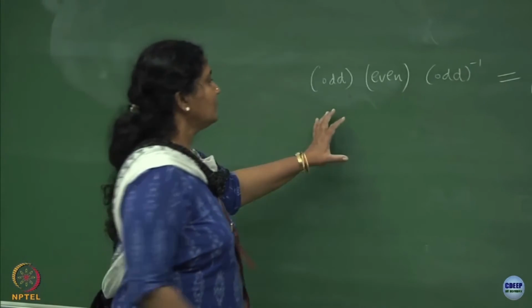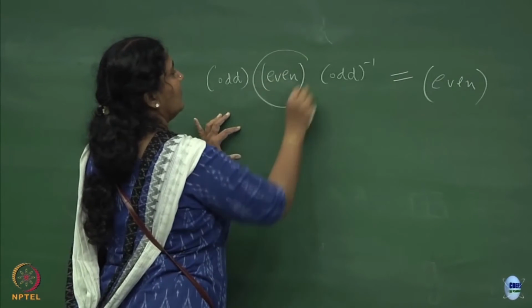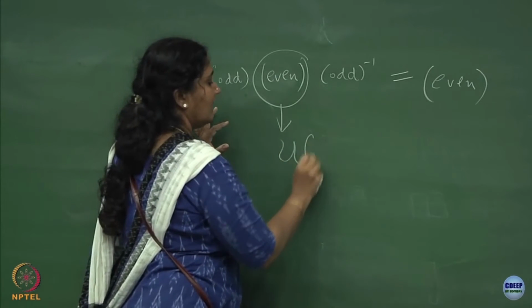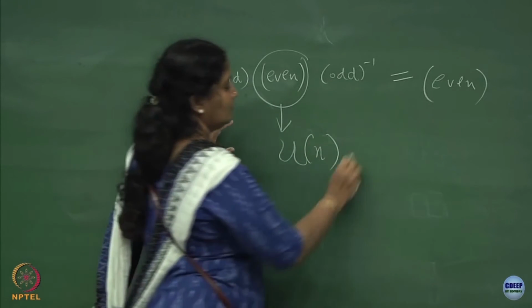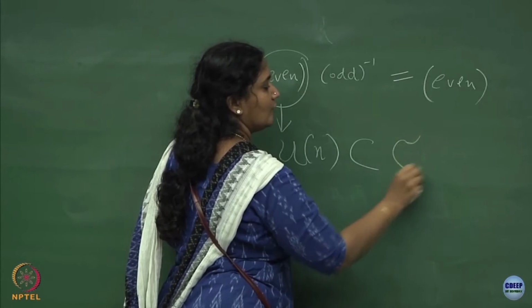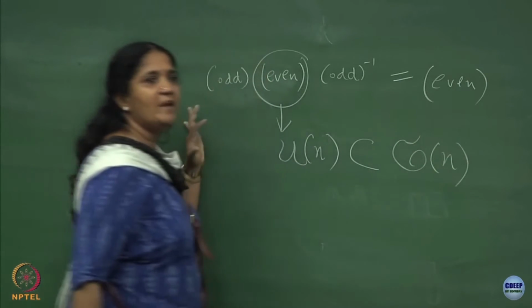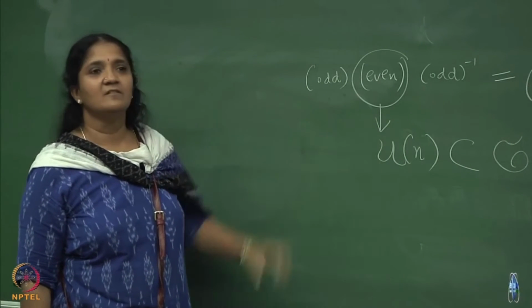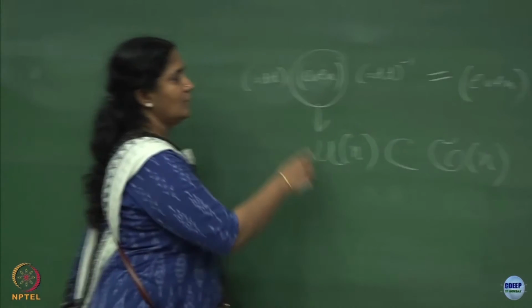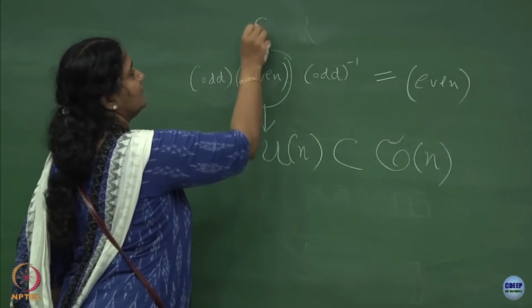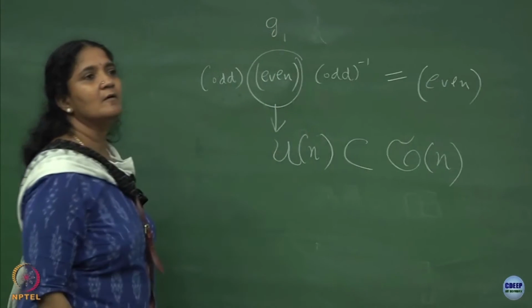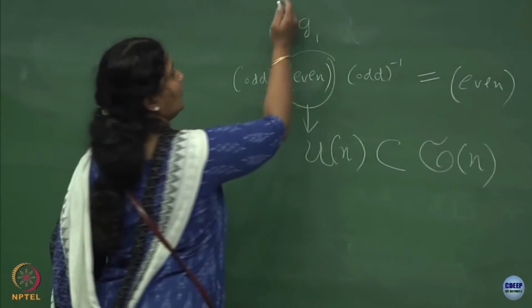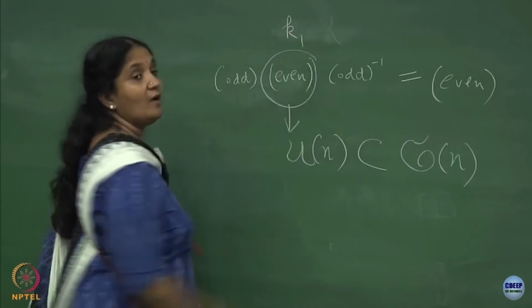What is this property? So suppose these elements all belong to a subgroup, which I call the alternating group, which is a subgroup of my symmetric group of degree n. If they are all elements belonging to it, let me call these elements, let us say, K1,